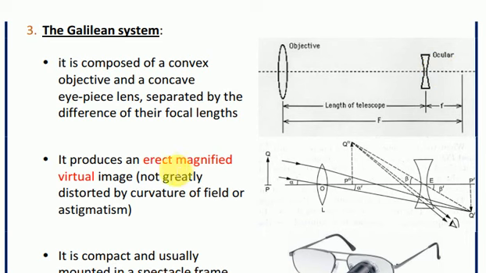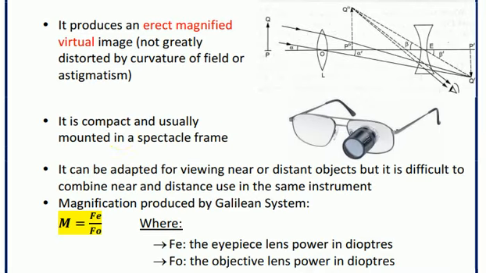It produces an erect, magnified, and virtual image, not greatly distorted by curvature of field or astigmatism. So this is an erect and virtual image. It is compact and usually mounted in a spectacle frame. It can be adapted for viewing near or distant objects, but it is difficult to combine near and distance use